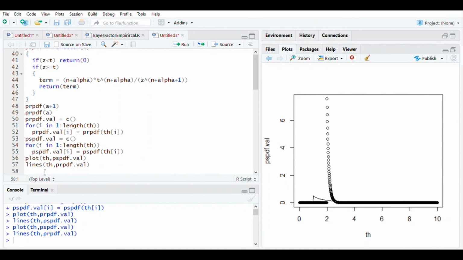Now this is not what we wanted. We wanted the Bayes factor. So now let us try to compute the Bayes factor. The Bayes factor is t raised to n plus alpha into theta naught raised to alpha minus a raised to alpha. So let us first compute the numerator for the Bayes factor. So t raised to n plus alpha into